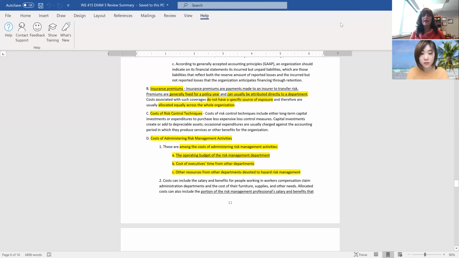If you can figure out a way to allocate an insurance premium to a department, that's probably good, and you want to do that. So for example, with our property, we know the electric department has a certain dollar value of property. If we can say we're paying so much property insurance for these assets that are electric related, then I can charge those directly to the electric department. However, the main corporate office can't really be allocated to one department, because we do services for every other gas, electric, water department. So those premiums are a little harder to allocate, but if you can figure out and can show that correlation, you want to try to match that.